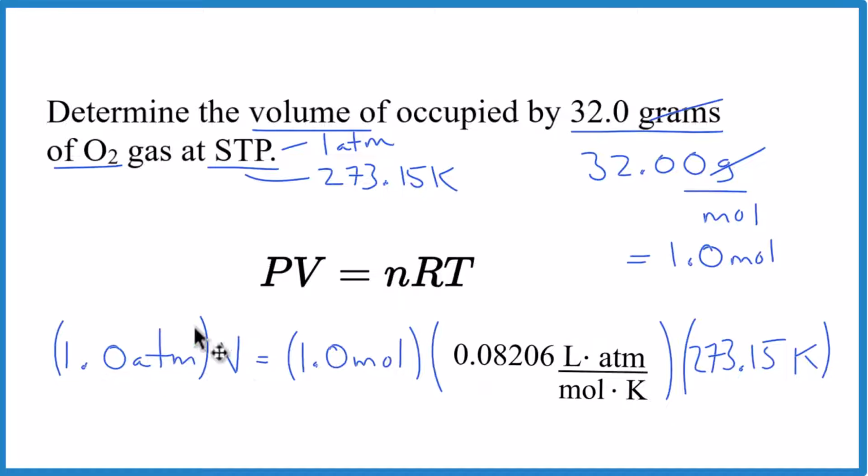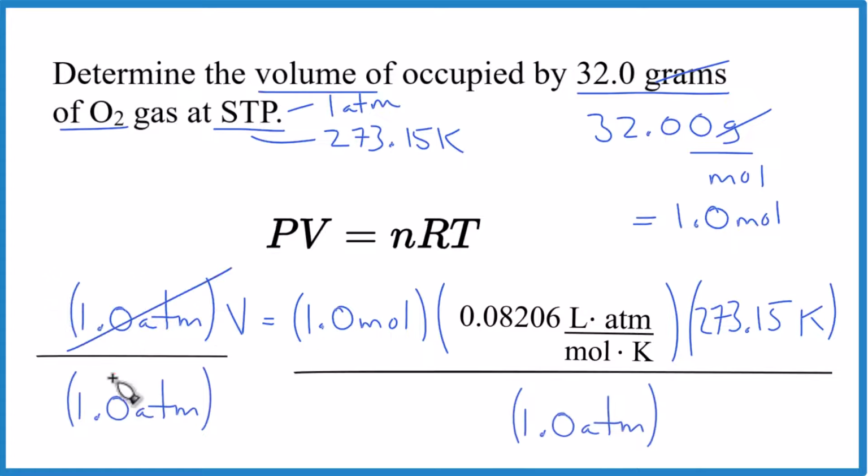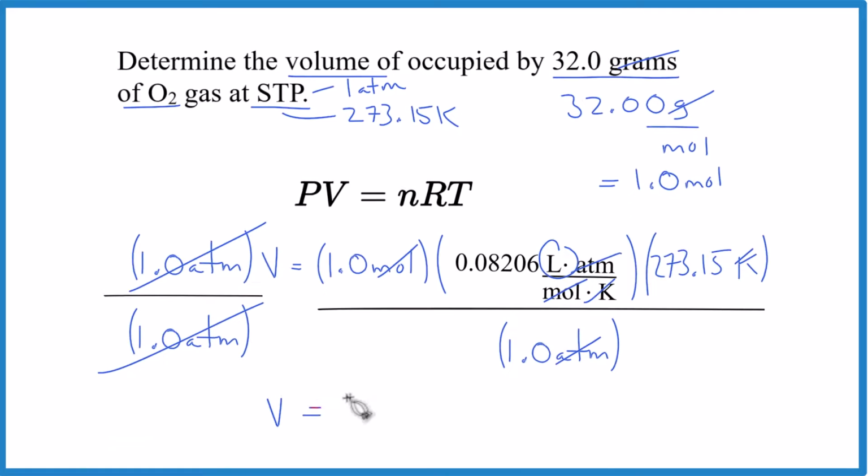And now to get volume by itself, I'm going to divide both sides by 1.0 atm. So this same on the top and bottom, that's gone. And if you look at the units, we have moles here and moles here. They cancel out. Kelvin, Kelvin, and then we have atmospheres up here and here. That cancels out. So you can see why our units are going to end up in liters. So we multiply, divide by the 1.0, volume ends up